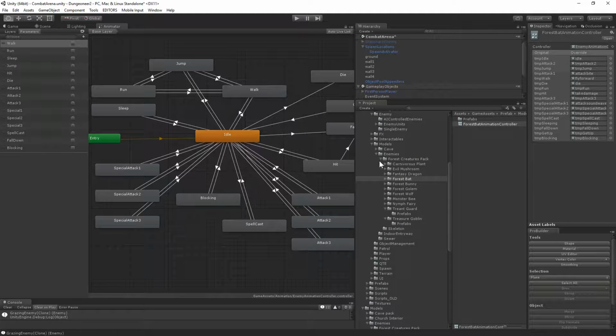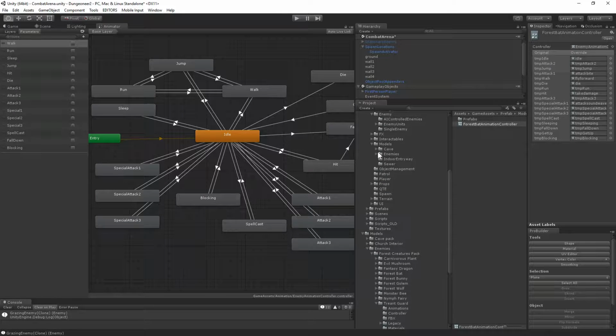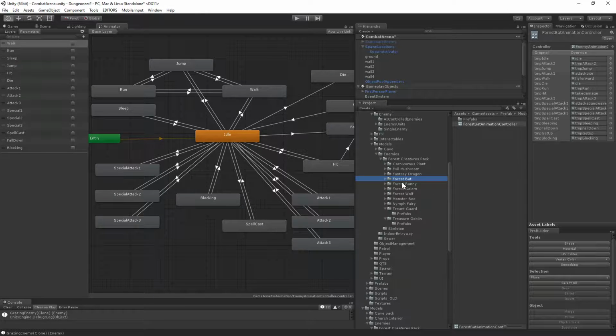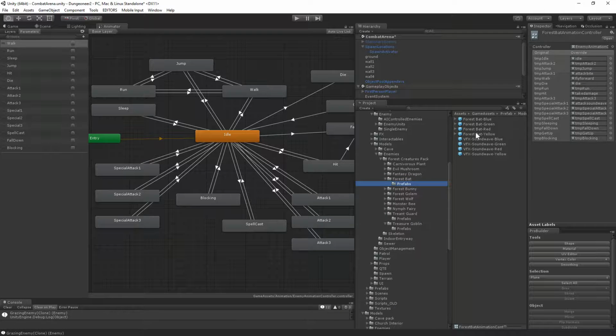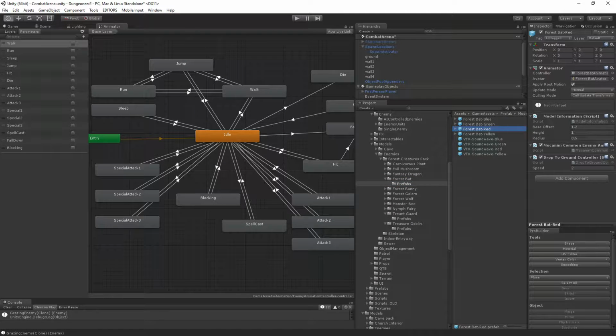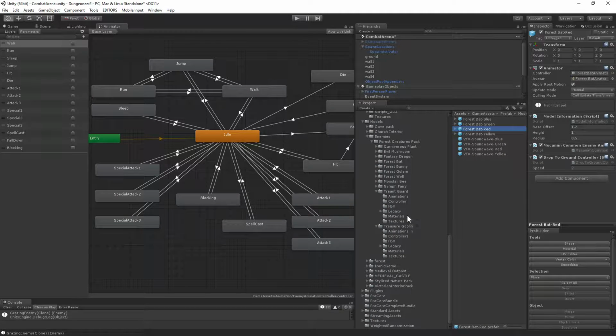Now, coming back then to our skeleton enemy, and sorry, that also allowed me to replace my coded animation controllers with just the standard mechanism, common enemy animation. And that's just what was previously the abstract class turned into a concrete one. So, coming back to our skeleton enemy that we started this whole thing off with,